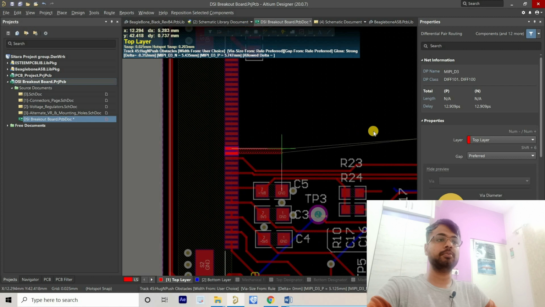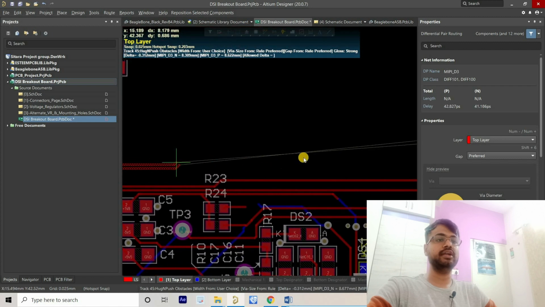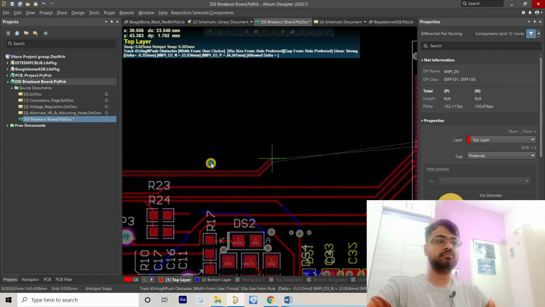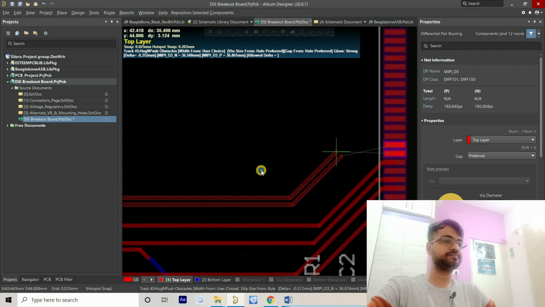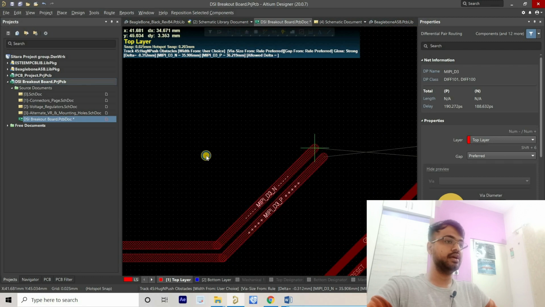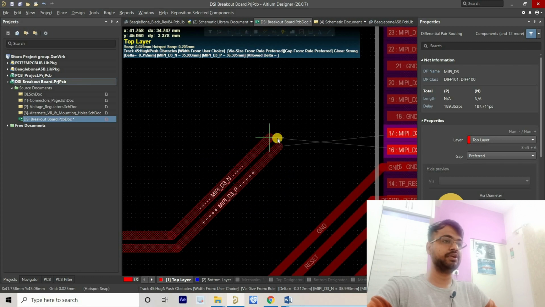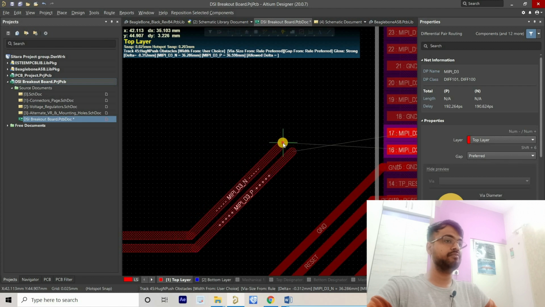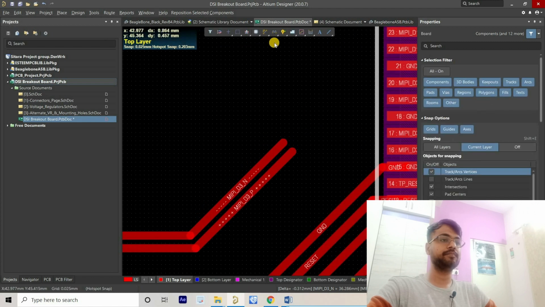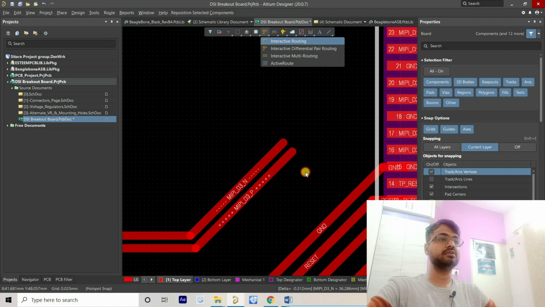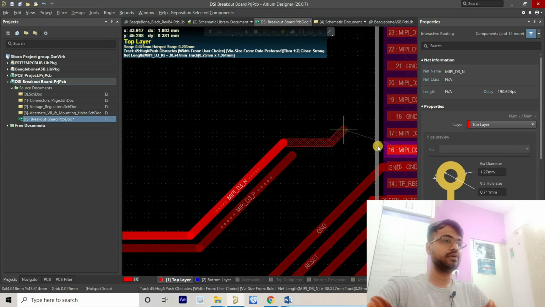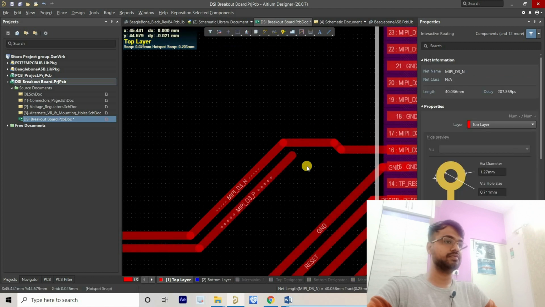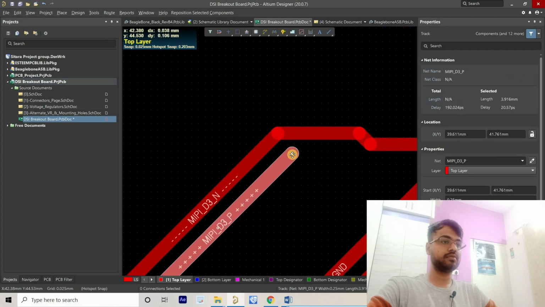It will be automatically selected because you already defined the differential pair class. And here you can see there is a cross connection between the tracks. So what I will do, I will just drop it here and select interactive routing. I will route this one like this.